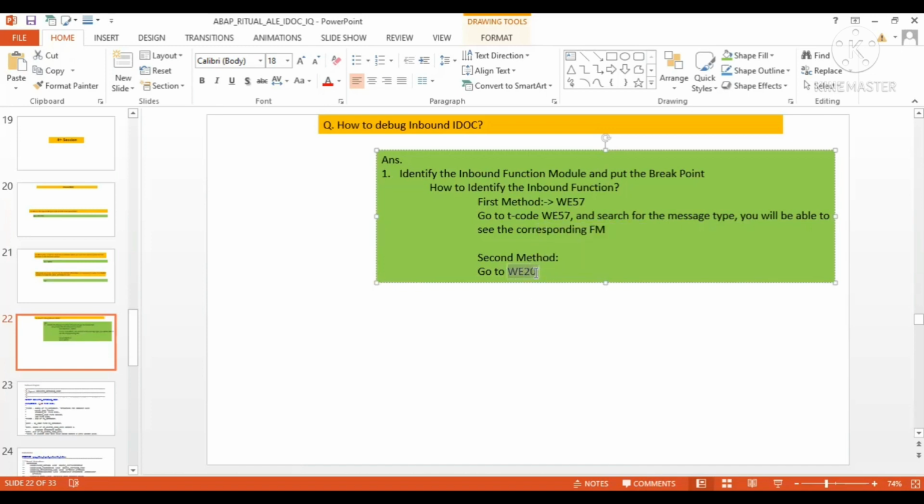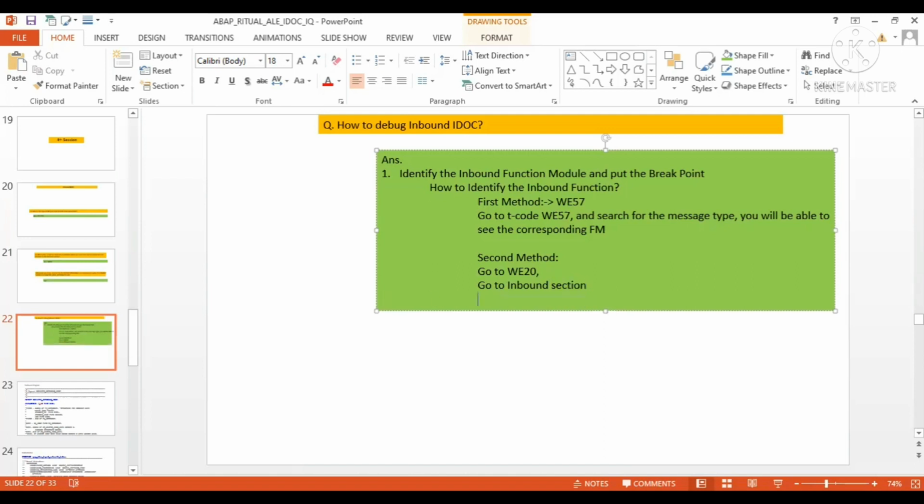Go to WE20 under the partner profile, then go to the inbound section. Under the inbound section, you will be able to see the message type, and I will show you in practical also.